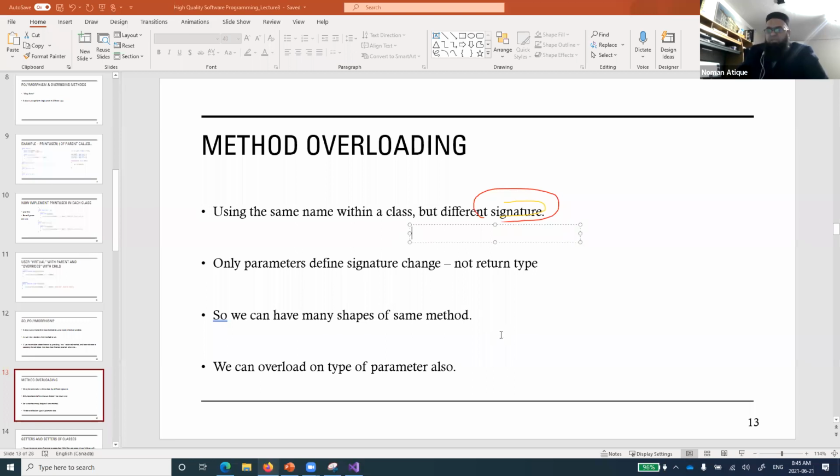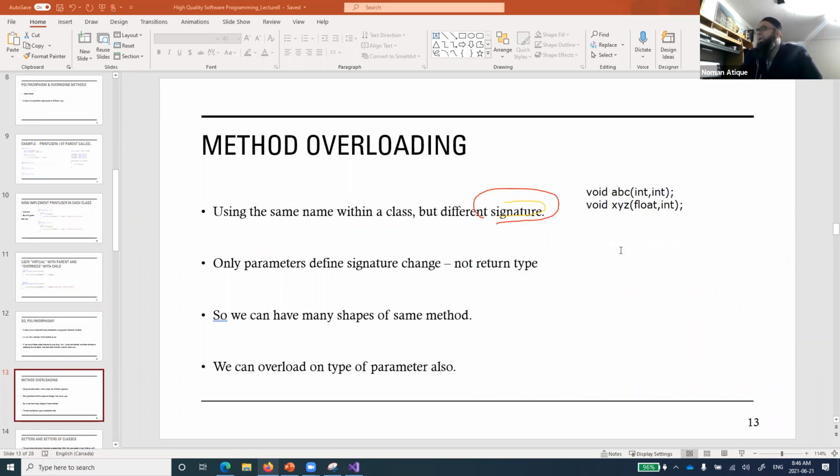Now, yes. So signature is basically, if ABC is a method, and if I say int... let's write these two methods. So I've defined these two methods.